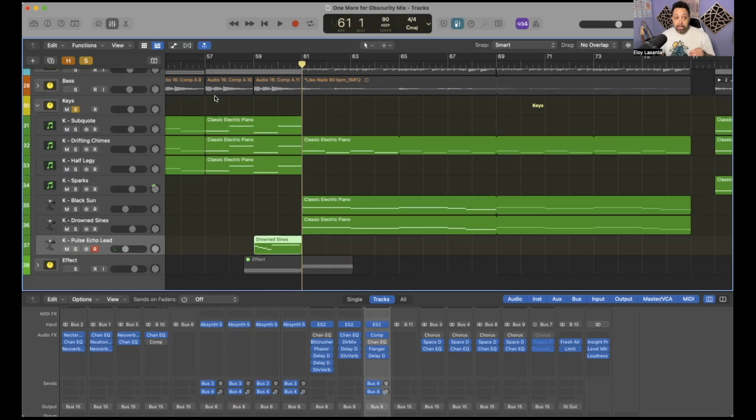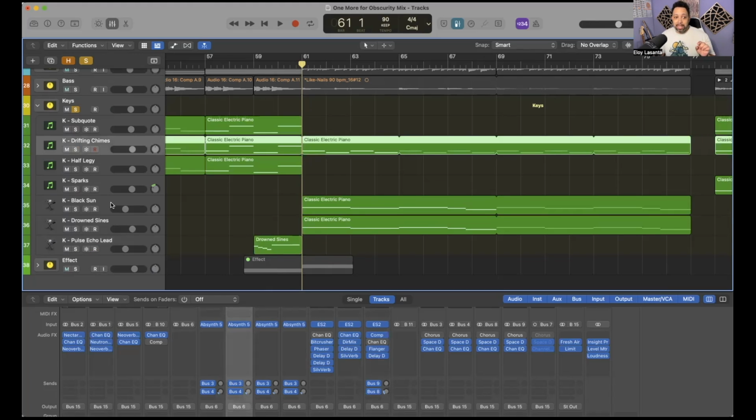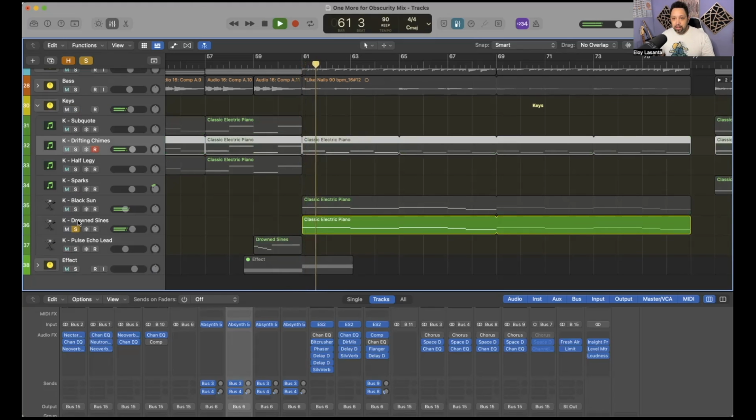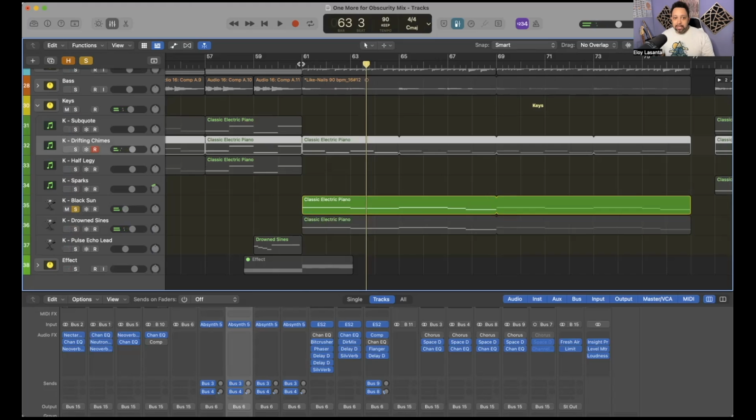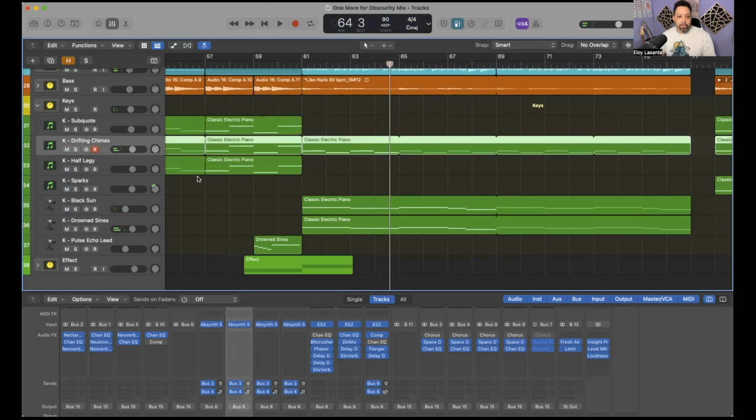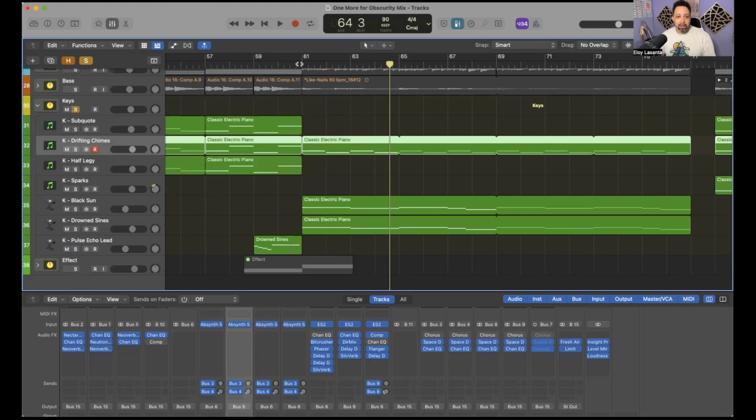Then when we get to the bridge, I have the drifting chime still going, but then I add in two other ones called Black Sun and Drowned Signs. So Drowned Signs sounds like this. And Black Sun sounds like this. So it's kind of the same thing as I was doing before. One is a little bit more percussive, and the other one is more just a pad. But when you couple all of that together with these keys in the background, you get